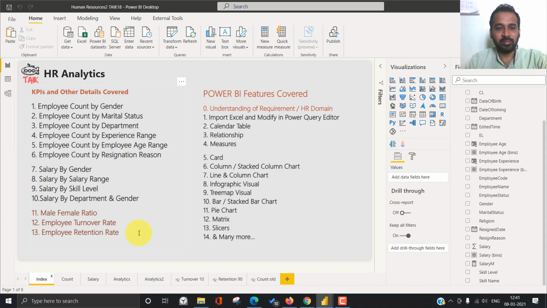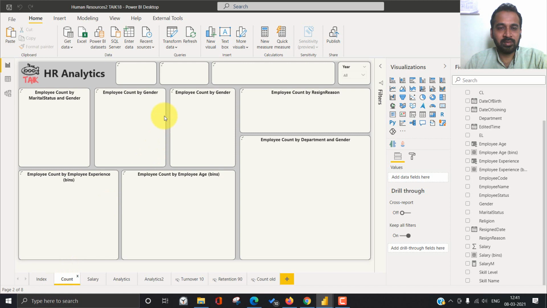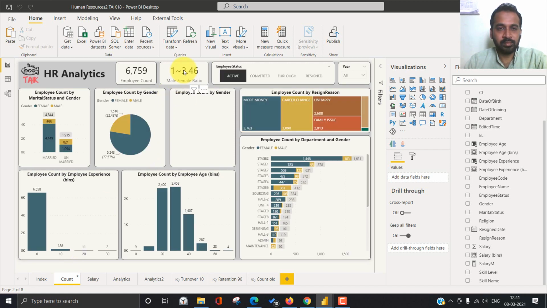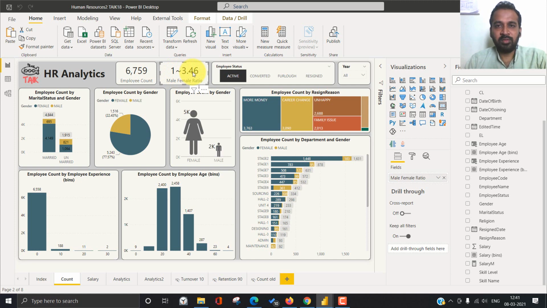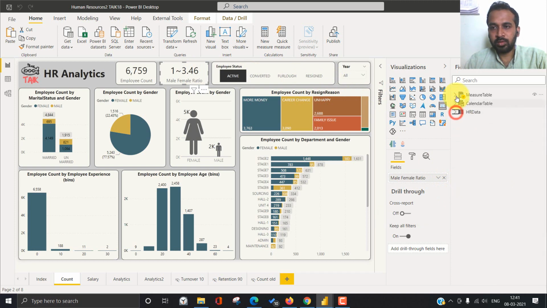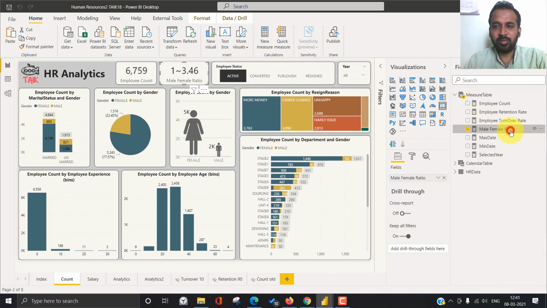Now let's get started. The first thing is the male-female ratio. So clicking on here, the count sheet, I have added this from my old file. Clicking here, what it says is for one male there are 3.46 females in the company. As for the government norm, the male-female ratio should be equal or more than that. So seeing this old measure, male-female ratio,